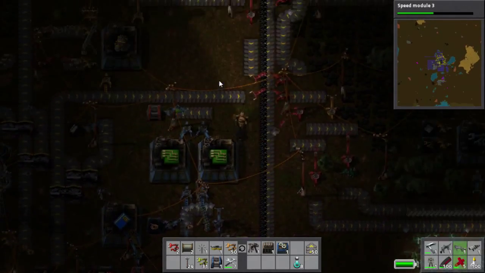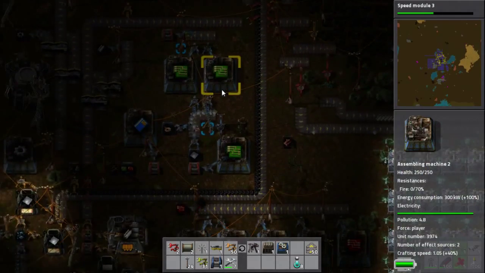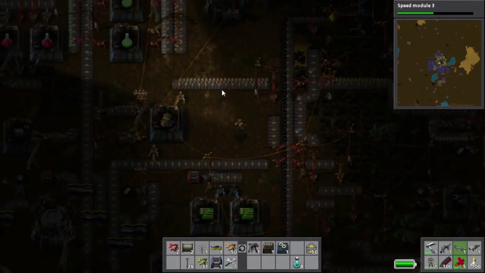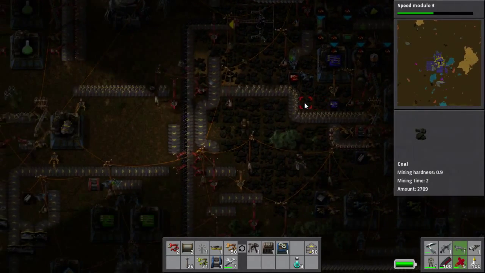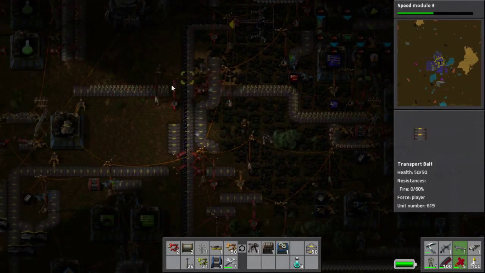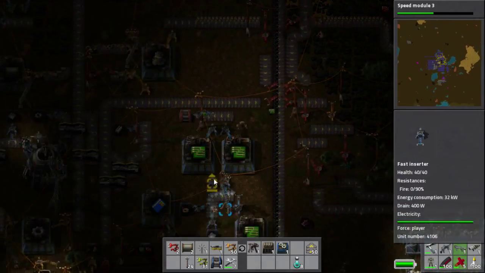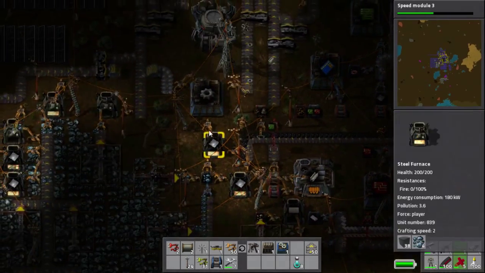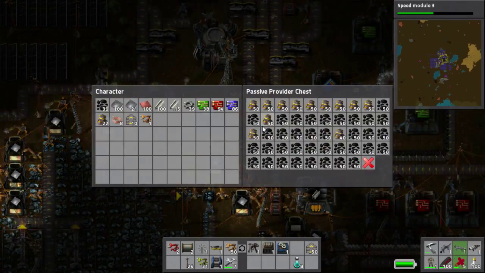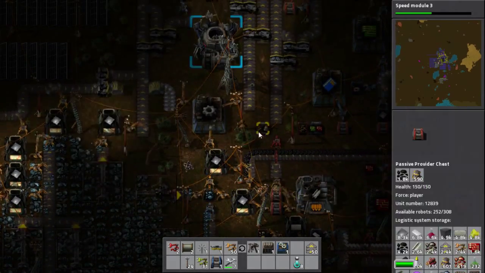Okay. I've stopped that. So that's fine. Let me just see if this still works. Aha, it does. So this is a situation where routing your belts correctly actually helps fix a problem in the factory. Now what we can do down here is we can pick this up, get all this running again, throw that away, or can we...